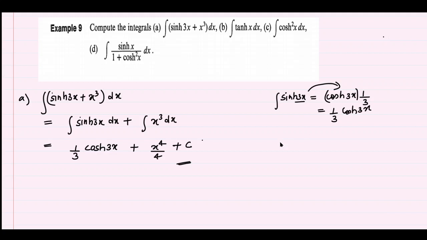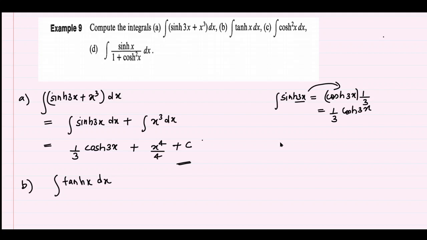Hello, dear students. In the last class, we studied what we meant by hyperbolic function. We have also seen how to find the derivative and integration of hyperbolic functions. So, we will continue with integrating some of the hyperbolic functions. The first problem we already did. We will do the second one, that is integral tanh x dx.